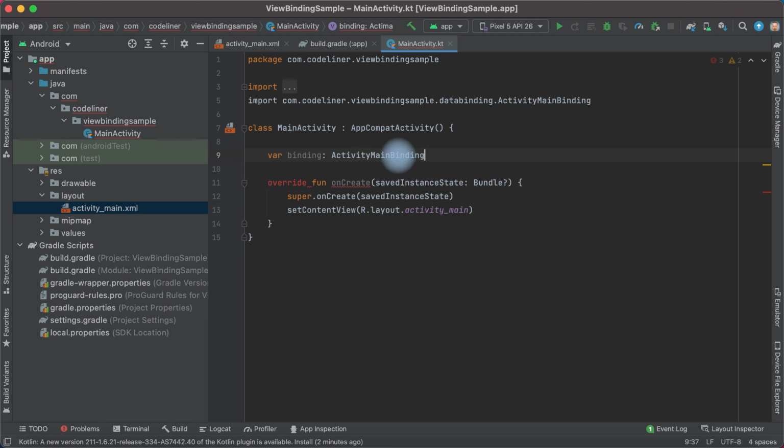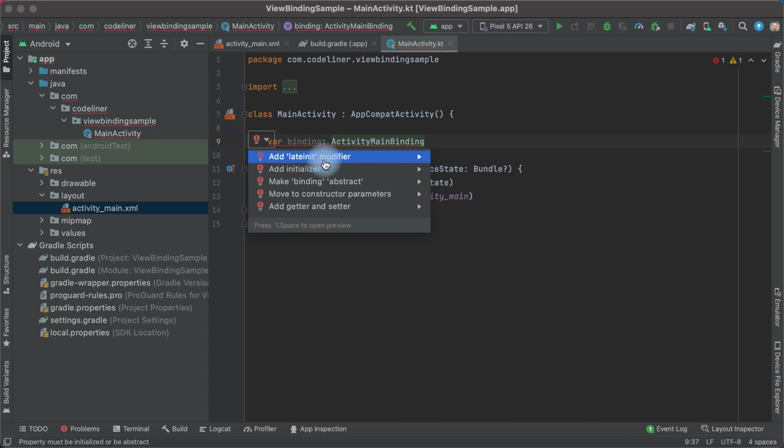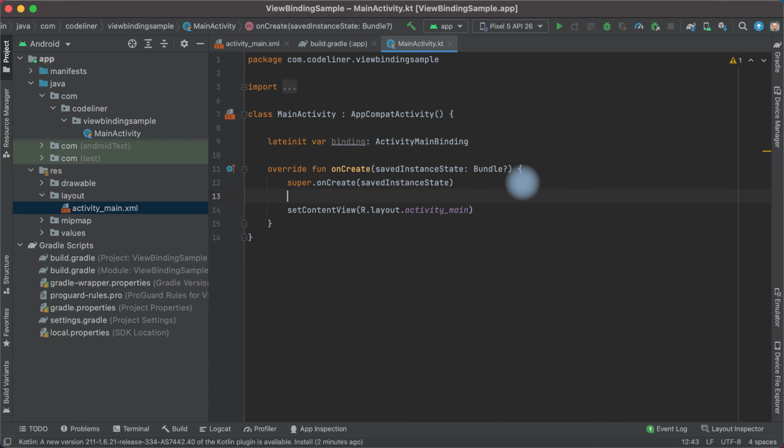Choose ActivityMainBinding. We have an error, let's see it. Add the lateinit modifier, because we haven't a value for this variable yet, we must add lateinit. That's okay. Then inside the onCreate method, add